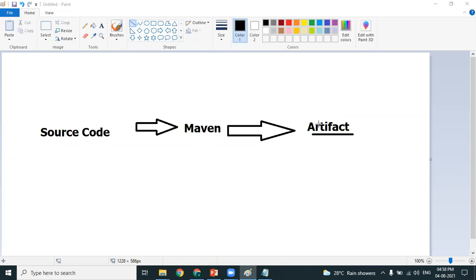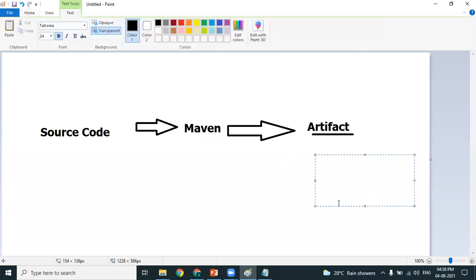One more thing, this artifact will be a collection of bytecodes, right? Like compiled code. Exactly, you're right. Can you give me an example of an artifact? If it is Java technology, it is a .class file, which is specific to one file. If it is packaging the source code, generally it is a jar file, or it can be a war file. If it is .NET technology, it is an MSI file, Microsoft installer file. So the artifact extension changes from technology to technology, depending upon the build tool you're using. Clear, Arvind?